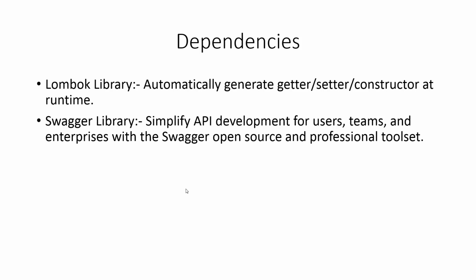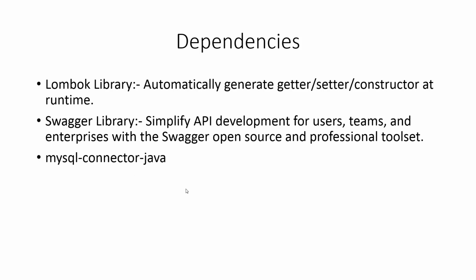So the main function of this library is that it's used for API documentation. You can check their site, swagger.com, but the main function of it is documentation. If you want to document your application, it helps us to handle the